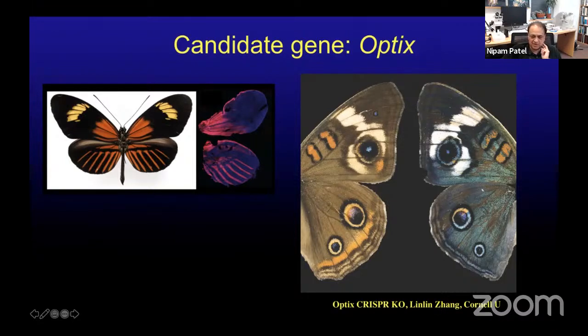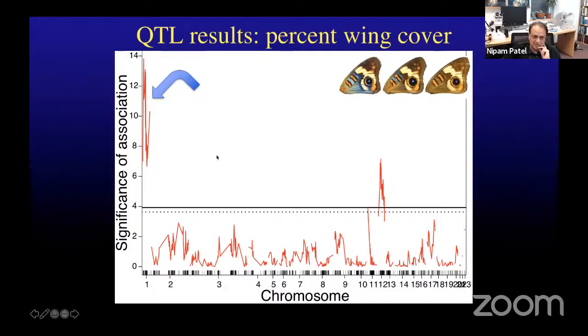And what Rachel has shown is that in fact, what happens when you knock out optix is you increase the thickness of the lamina, and that's how it's becoming blue. So almost certainly optix is one of the genes that shows variation in the population that you can select on to get blue. What we don't know is what this other locus is, which actually has a greater percentage of the effect on the phenotype. And so we're trying to map the gene that might be underlying this QTL.